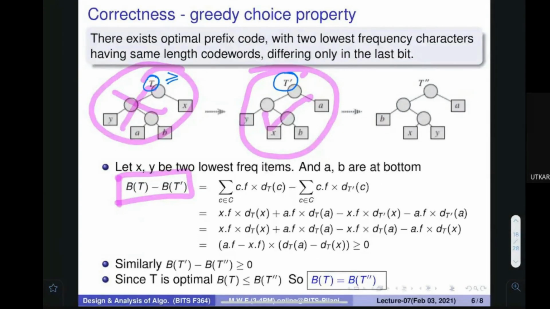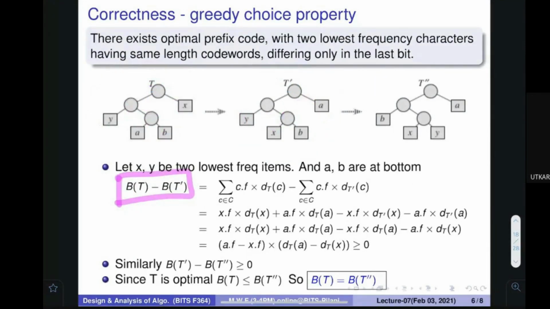Make sense? Yes. Okay. So I have exchanged only this particular x with the a. Similarly, I can exchange this y with this particular b and further make it more optimal. Everybody is okay with this?